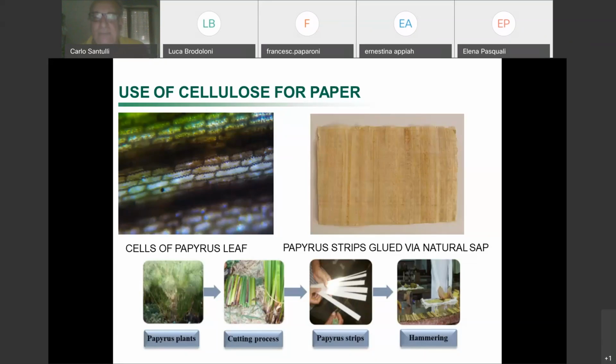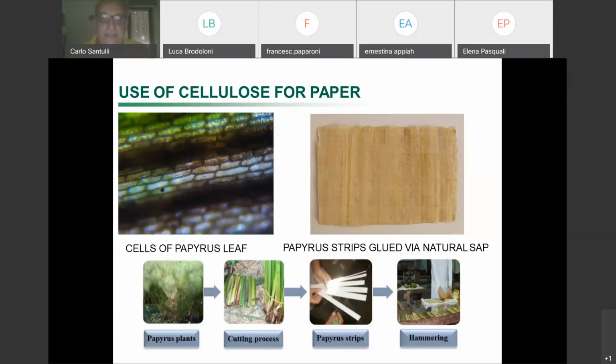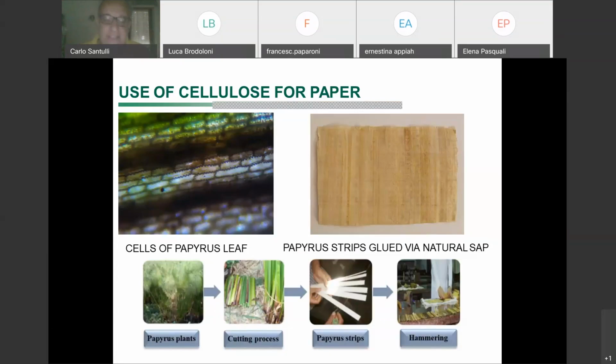Some other kinds of paper were made from particular sheep skins, but we will expand on parchment a bit later on, because paper history is very interesting. It gives you the idea of the possible mechanical, chemical, and physical modifications a material can undergo without losing its properties, because paper is always suitable for